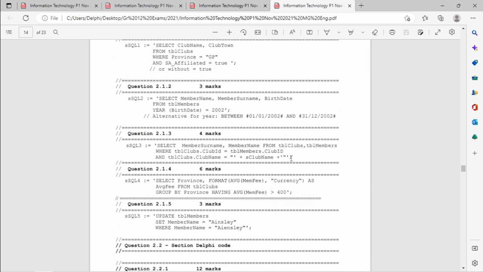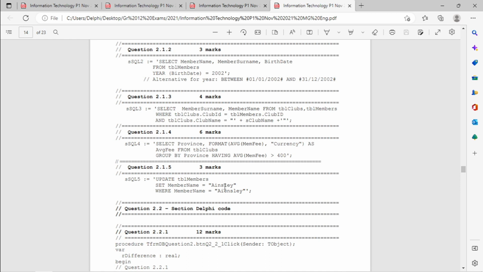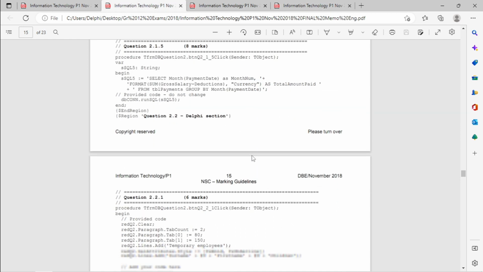The rest I don't think is that complicated. This one's about medium. This is the higher level one. This is the easier one. Also, I feel this update is not that complicated. This one